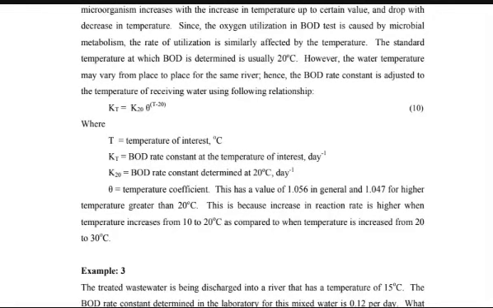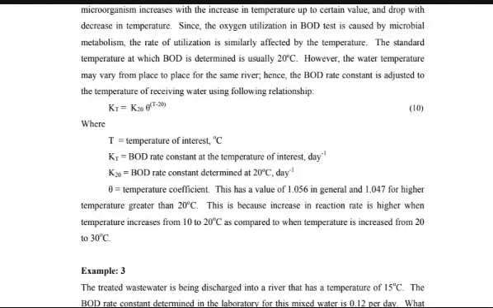Now, when we say at a particular temperature, we know that any microorganisms may have a temperature range between 20 to almost 38 to 40 degrees Celsius. If it is more than that, then the rate of reaction decreases. It means the capacity of decomposition of the organic matter by the microorganisms goes down because of the rise in temperature. The same thing, if the temperature falls, again there is a chance of the rate constant decreasing.